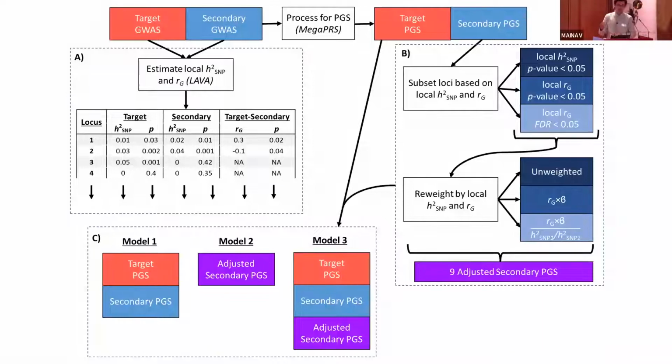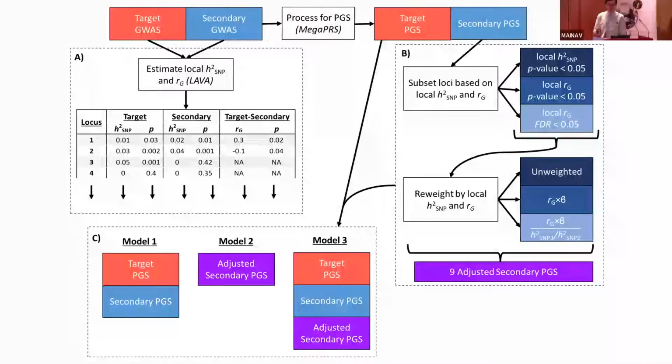And then in box B, I show that we take the score files for these secondary polygenic scores and subset the variance according to whether or not they had significant local SNP heritability for both traits or significant local genetic correlation between the two traits. And then we further reweighted the genetic effects within those loci to account for the local genetic correlation. And we tried another model where we accounted for local genetic correlation, but also accounted for differences in local SNP